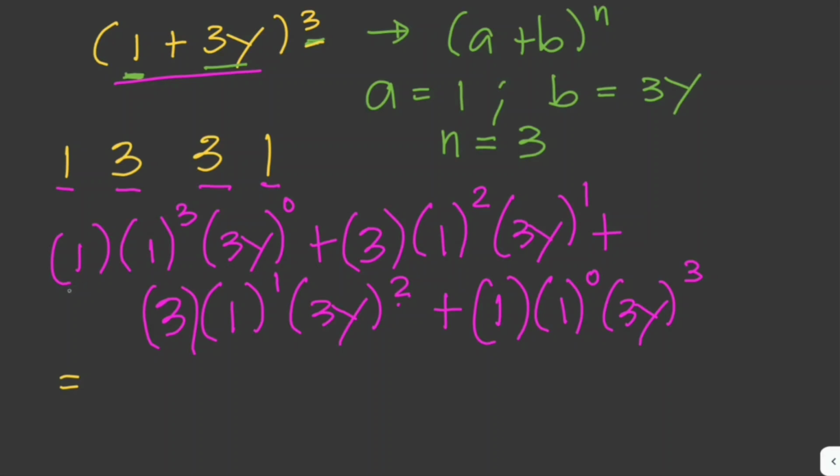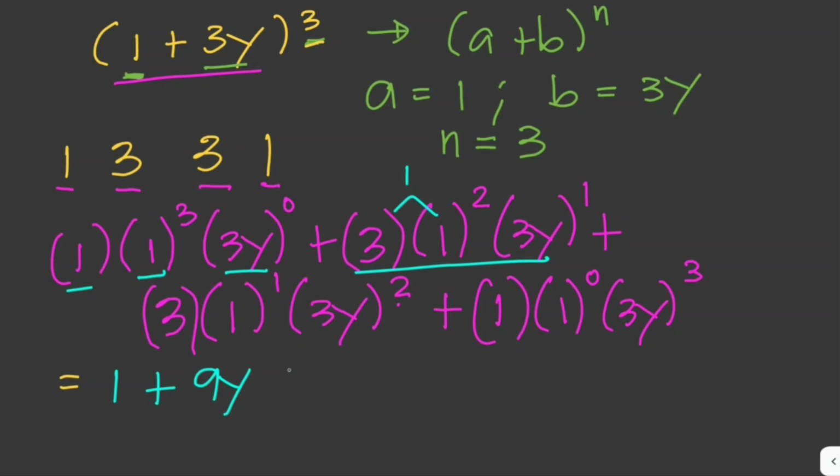All right, so 1 times 1 cubed, 1 cubed is 1, 1 times 1 is 1, times (3y)^0. So anything that is raised to the power of 0 is equal to 1. So this is basically just 1 times 1 times 1, which is equal to 1, plus this one. 3 times 1 squared, 1 squared is 1, so 3 times 1 is 3. And then (3y) to the power of 1 is 3y. So this is just 3 times 3y, which is equal to